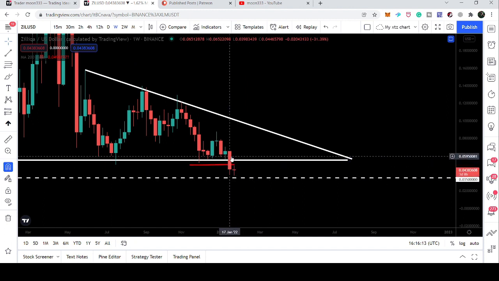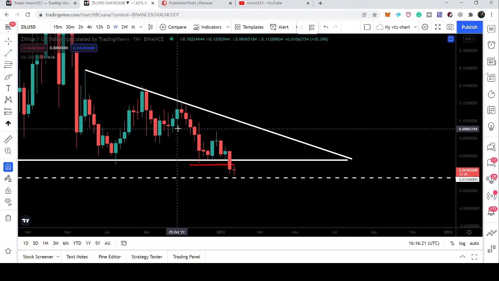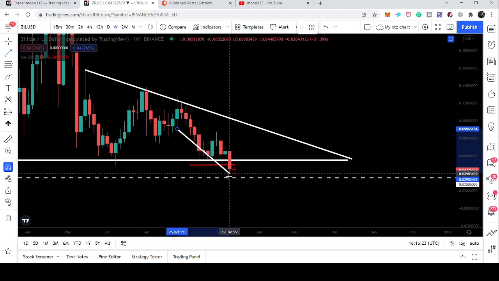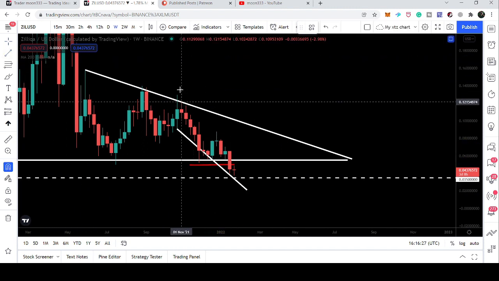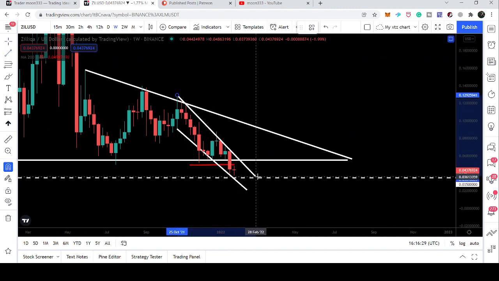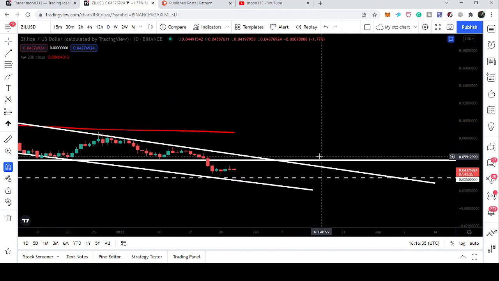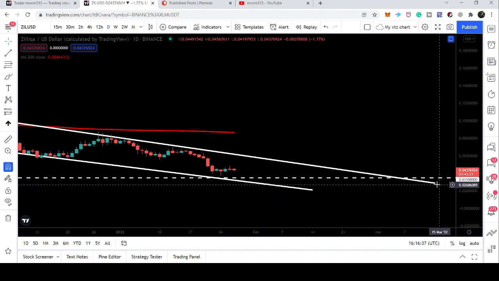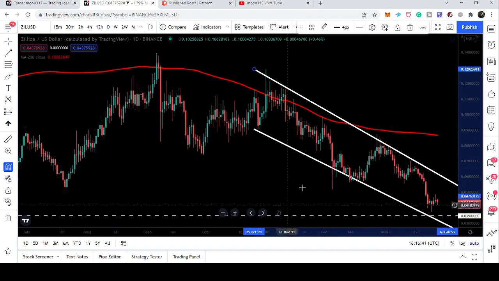Now we can see that here the candlestick is getting weaker. Like previously we had a very strong bearish candlestick. Now it is getting weaker, and if we connect all these trend lines from here to here, then here we also have another formation of a down channel. And if I switch to the daily time frame, then this down channel will be more visible for us, and we can see that we have several touch points,